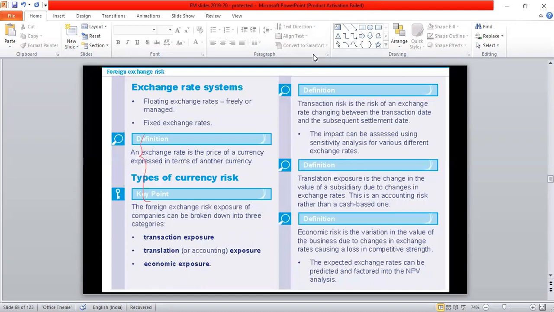Coming to what is foreign exchange risk, let's spend time on this part of it. Under that, let's start with understanding what is exchange rate system. Exchange rate system is, since there are different countries, each country having their own currency, when one currency is compared with another currency, what is the value of each country's currency is what we are looking at